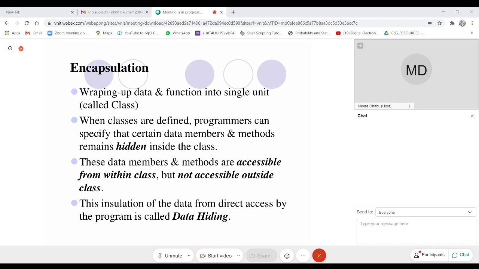So when classes are defined, the programmer's data will be hidden inside the class.